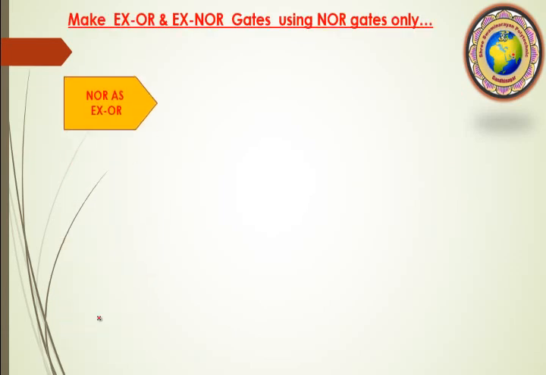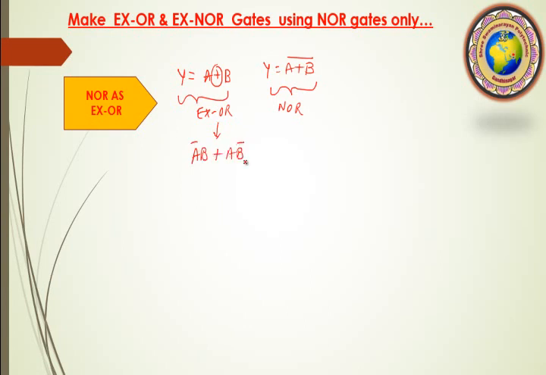Okay. Now we want to develop an XOR gate by using NOR form. So here y is equal to a circle-plus b. This is our basic formula of XOR. This is our basic Boolean expression of XOR, and our NOR form is (a plus b) bar. This is our NOR form. We also simplify XOR as a bar b plus a b bar. So this form we want to convert here.